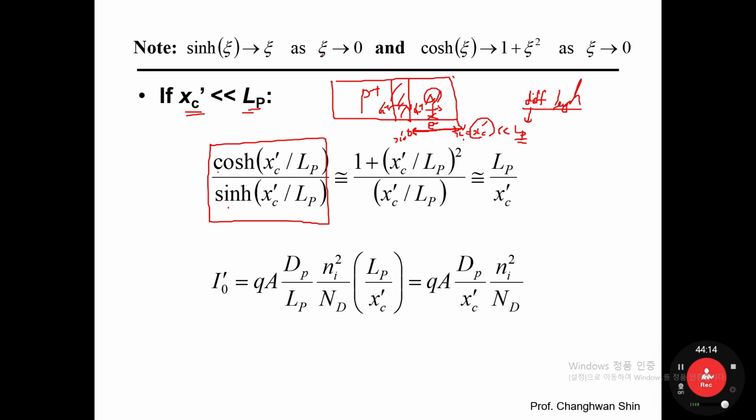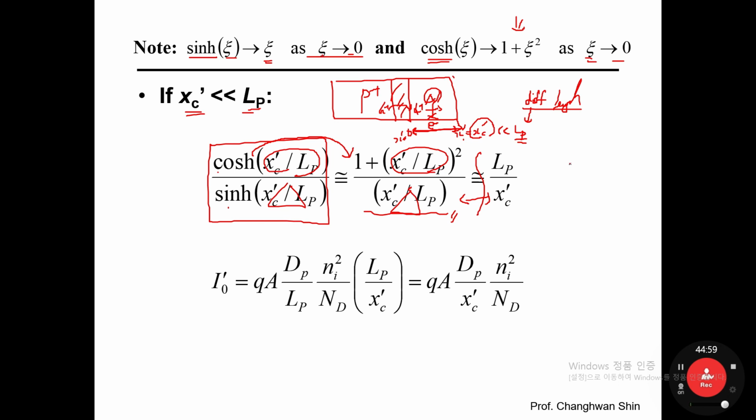Previously I said that as the argument approaches 0, the hyperbolic sine becomes linear, just the argument itself. What about the hyperbolic cosine as the argument asymptotically approaches 0? Go back to your mathematics and calculus class. You can see this. So you can simplify this equation like that. So that has been here, and this has been here. All right, and from here to here,